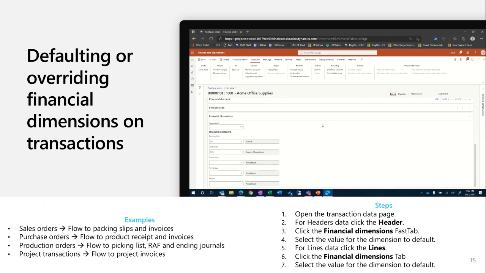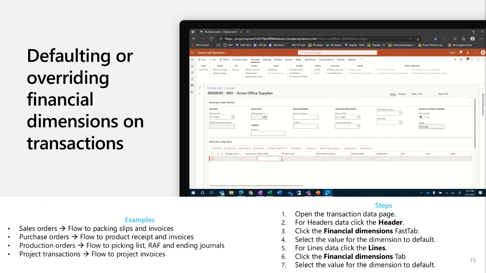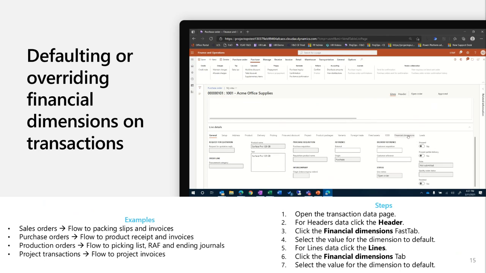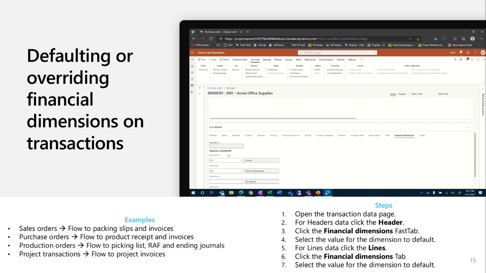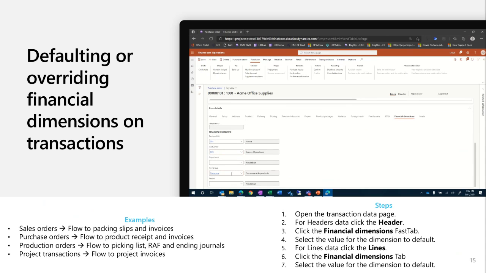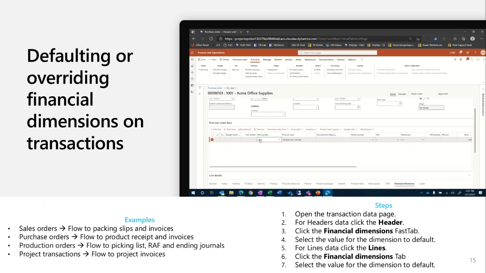You'll notice that the item group is also blank here. So now I'm going to switch back to the lines and I'll add an item to this order. I'll enter in the additional required details such as site, warehouse, and so on. And then I'm going to click down to line details and click on financial dimensions. So here you can see that it used the financial dimension from the header and it pulled in that item group financial dimension from the item,